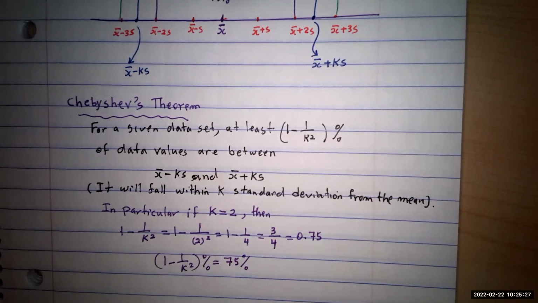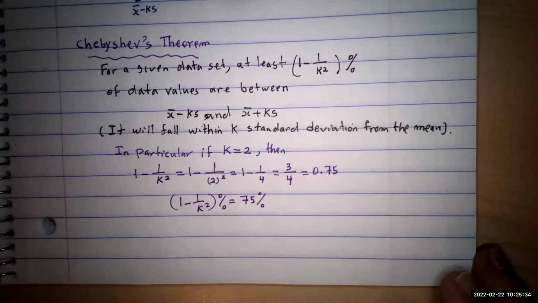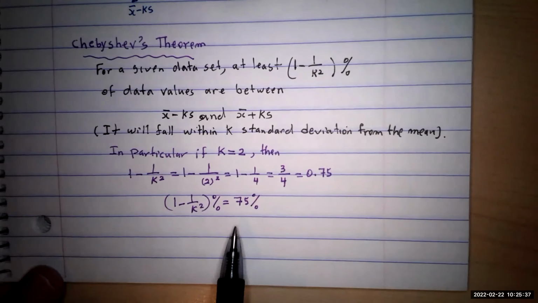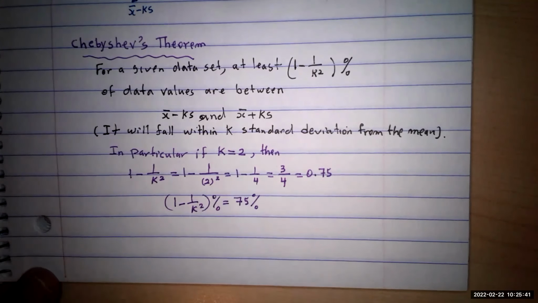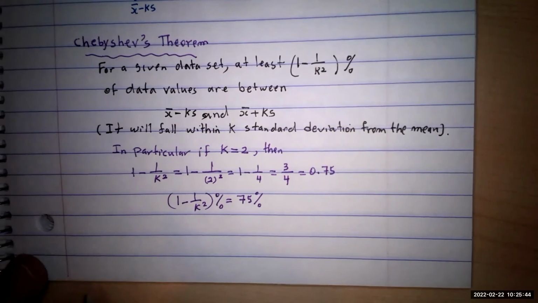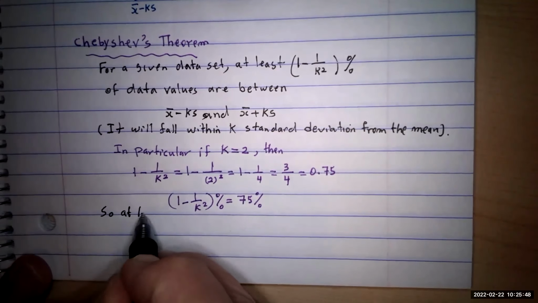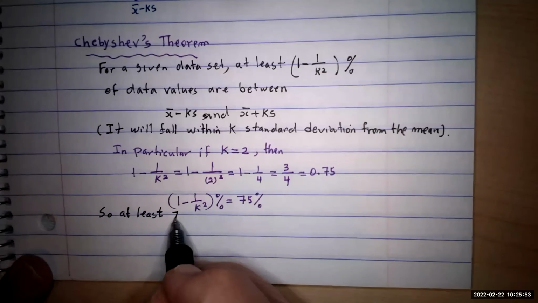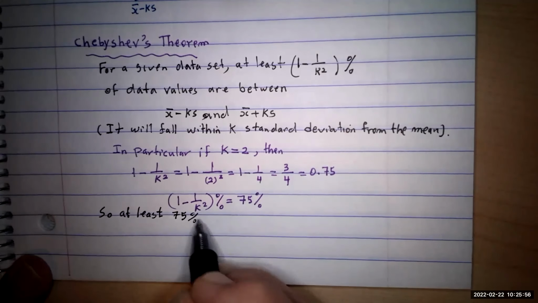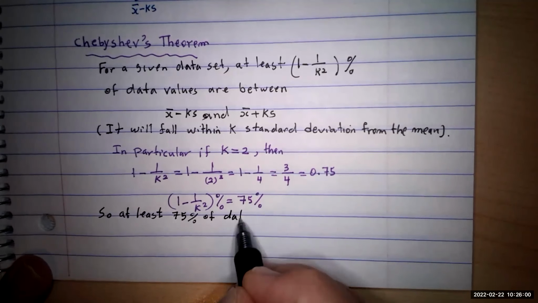That gives you a special case. This is one of those percentages that you have to know. If they're given to you, you must know that 75% corresponds to k equal to 2, or k equal to 2 corresponds to 75% of the data values. So the conclusion is going to be, at least 75% of the data values for any data set